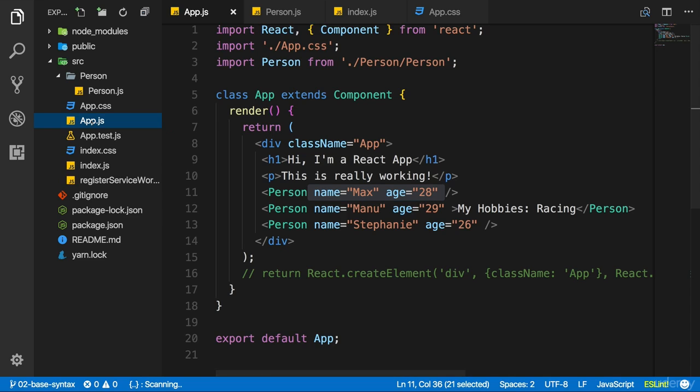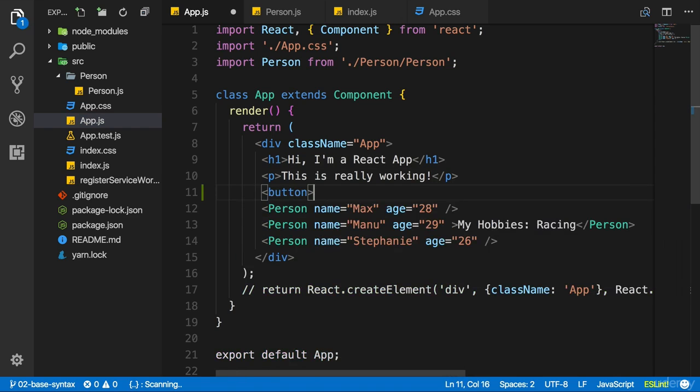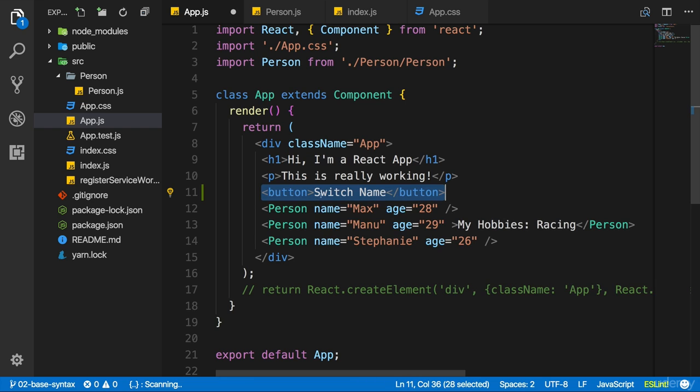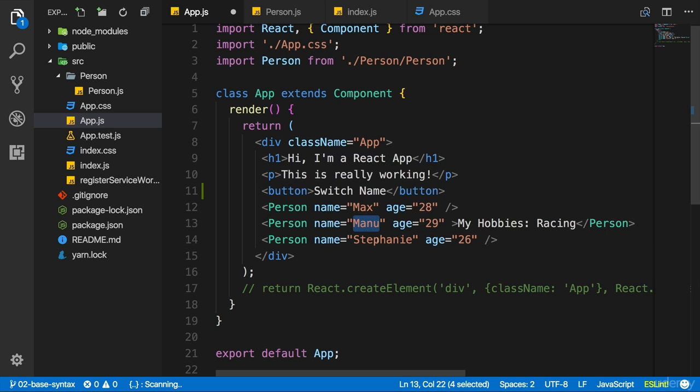So, for example, here in our app.js file, let's say we also want to add a button which, if we click it, simply switches one of the names we use here. So where we simply put a caption of switch name maybe. Well, we'll come to handling this click event in the next lectures. But first of all, we need to define these names here in a non-hard-coded way. Right now it's hard-coded into our JSX code, and this is okay here. But if we later want to change it, we have to store it in some variable or something like that.